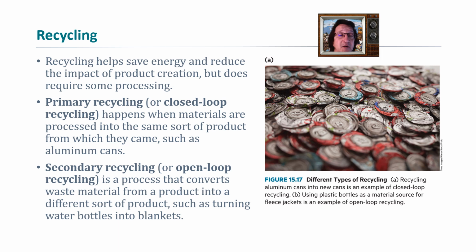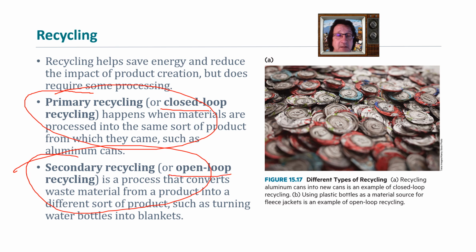And the thing we've got to think about too, when we make products, or when you buy a product, is that product going to go into what's called the primary recycling stream or the secondary, or what's sometimes called closed loop, open loop? Lots of terminology here, depending on who created the terms. Certain things you can recycle back into that material depending on how it's used. Other things, when they make it into a product, you might not be able to recycle them back into that product because they're mixed with something else.